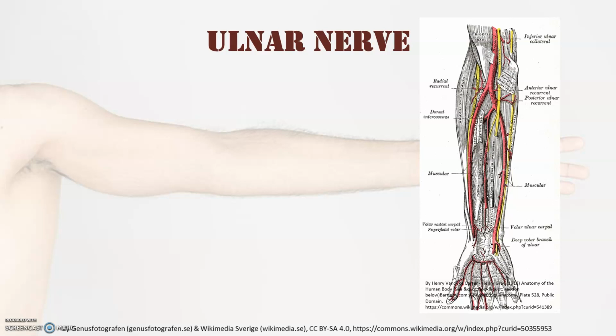Yep, so this is the ulnar nerve. The ulnar nerve arises from the lower roots of the brachial plexus, C8, T1, and it is a terminal branch of the medial cord of the brachial plexus. It runs just posterior to the brachial artery in the upper arm, but about halfway down the arm, it runs posteriorly, pierces the medial intermuscular septum, and then runs the rest of the course in the arm